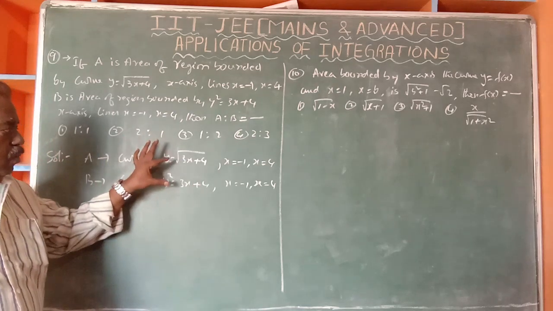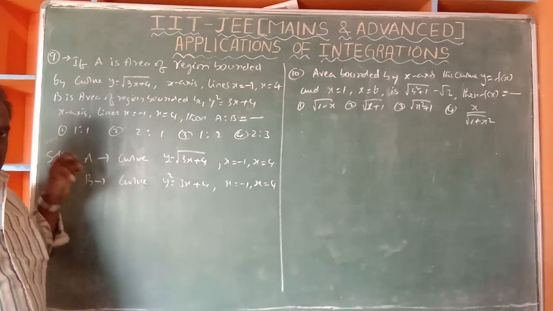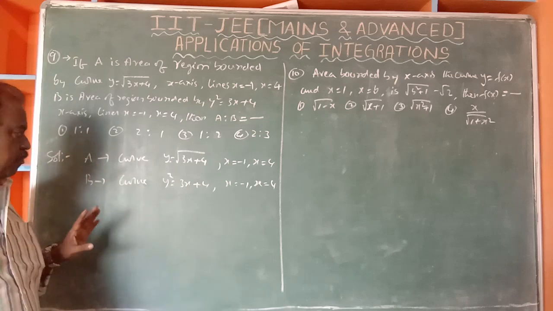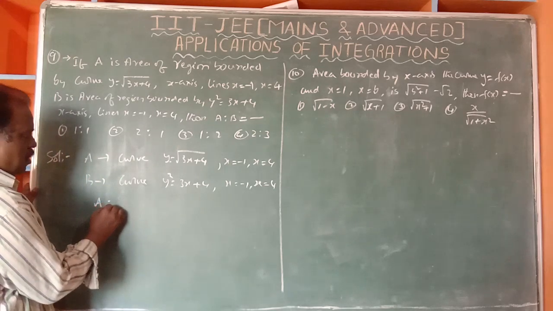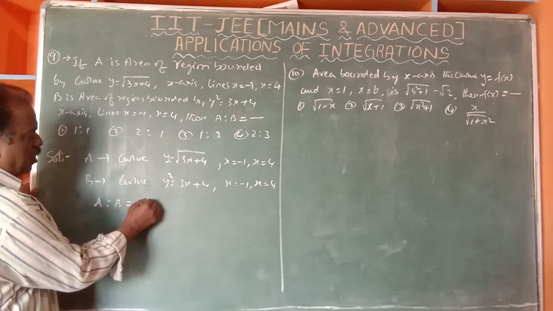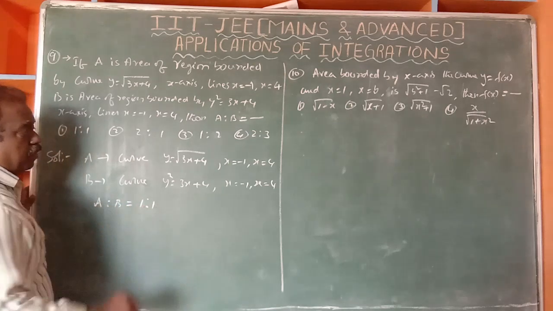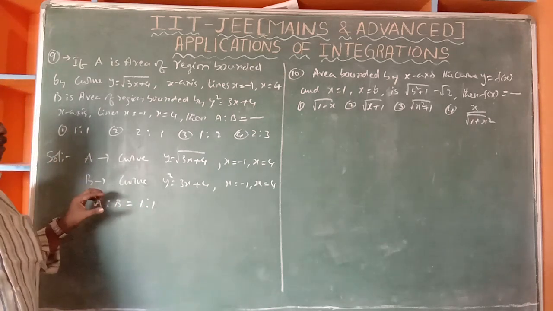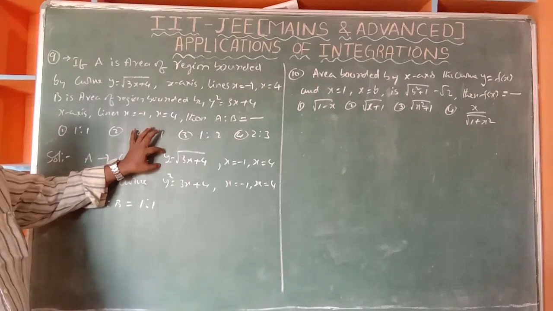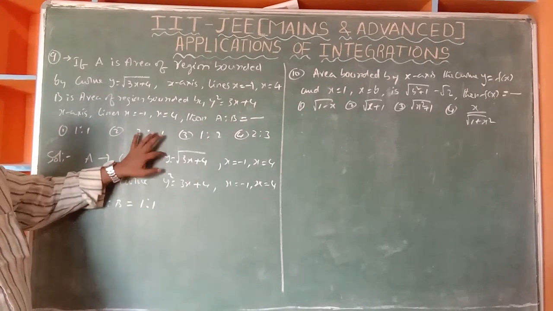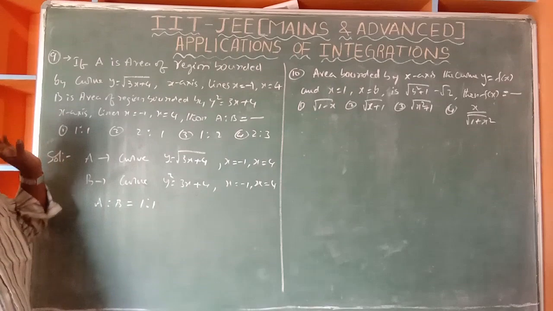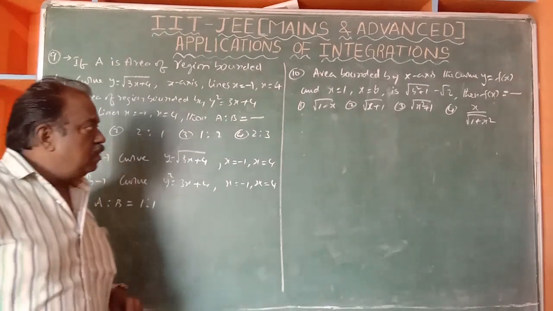Okay now? So here A and B, the two regions are same. So A is to B is equal to 1 is to 1. Very simple question. Okay now? Because here the curves are same curves. That is the thing. Next,